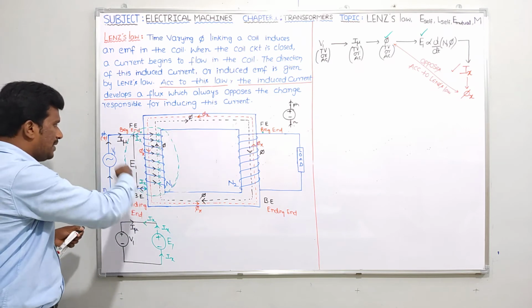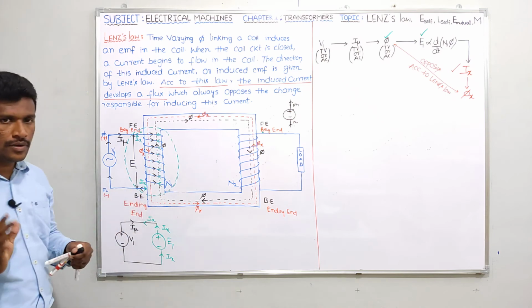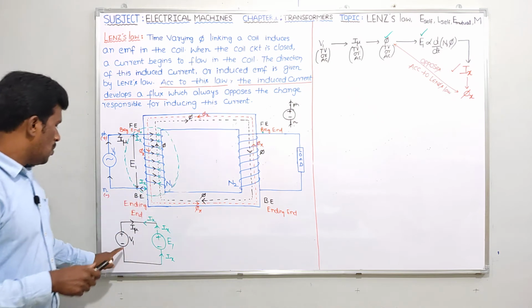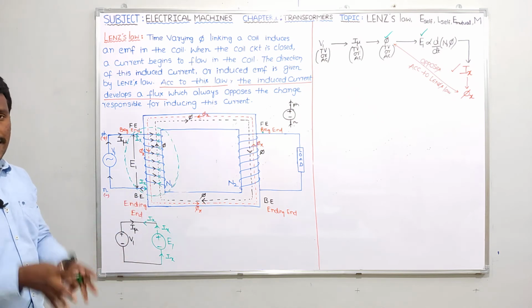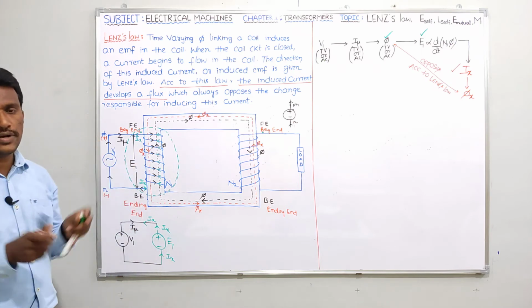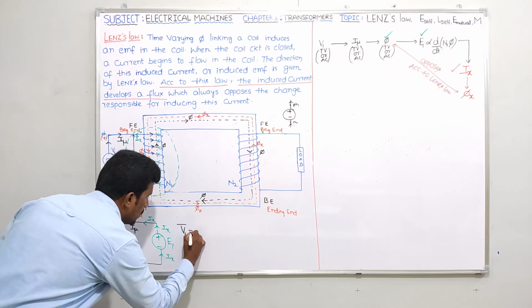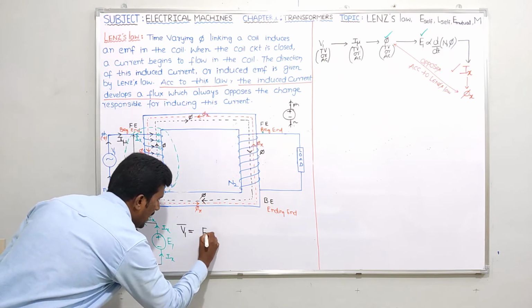Okay, this one can be taken as source. That source I am assuming I am just writing here. Now tell me, guys, what is the relation I can write between V1 and E1 in the primary side? So there is a simple conclusion. Tell me, in the primary side, is V1 bar equal to E1 bar, or minus E1 bar?